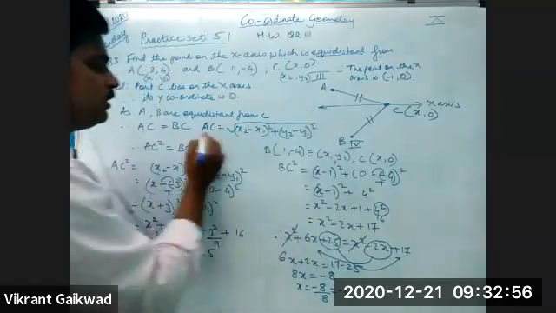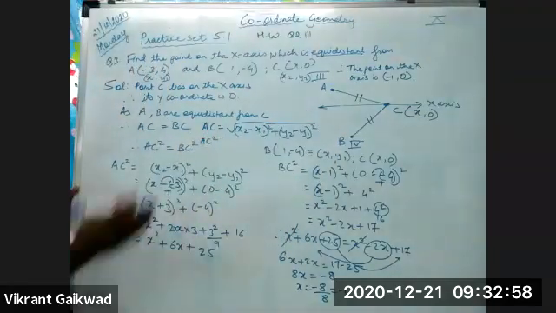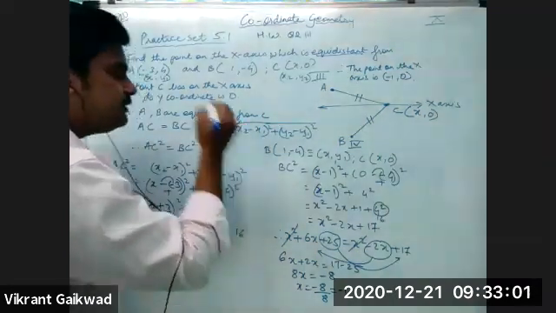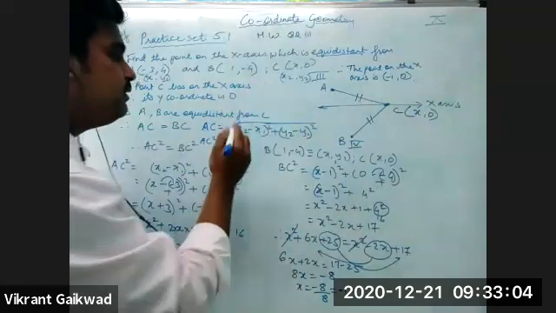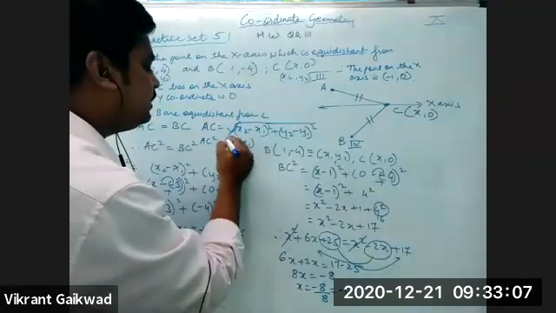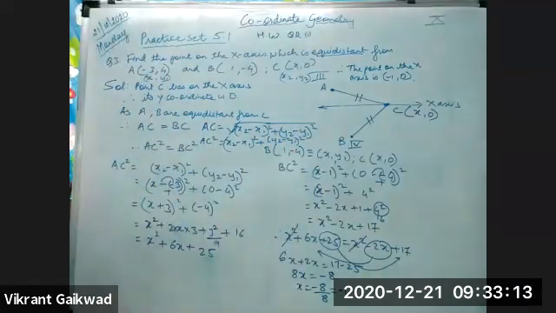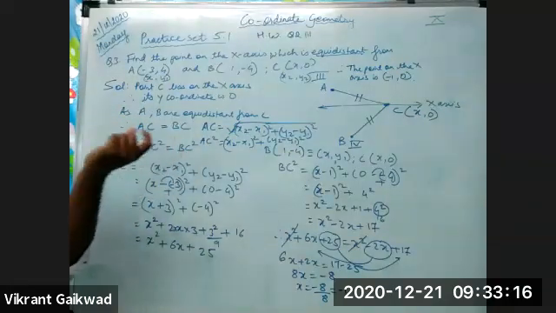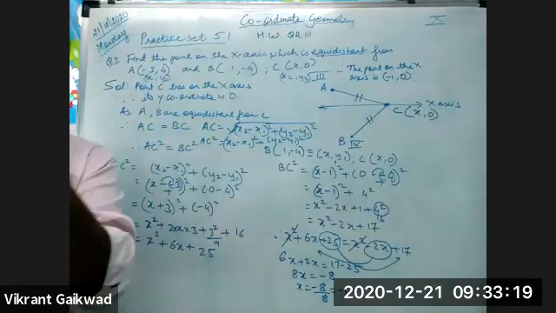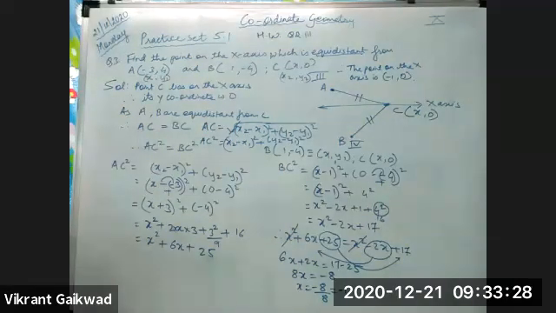Is this understood, beta? Now, if I remove the root of this AC, taking the square, this root sign will go off. You'll be left with x2 minus x1 the whole square plus y2 minus y1 the whole square. Understood? As both the sides were equal, we had removed the root, beta. So to avoid mistakes, we have to write taking squares on both the sides. Yes, you have to write here, taking squares on both the sides. Okay, sir. Any more difficulty, students? Those who have raised their hands can unmute and ask.